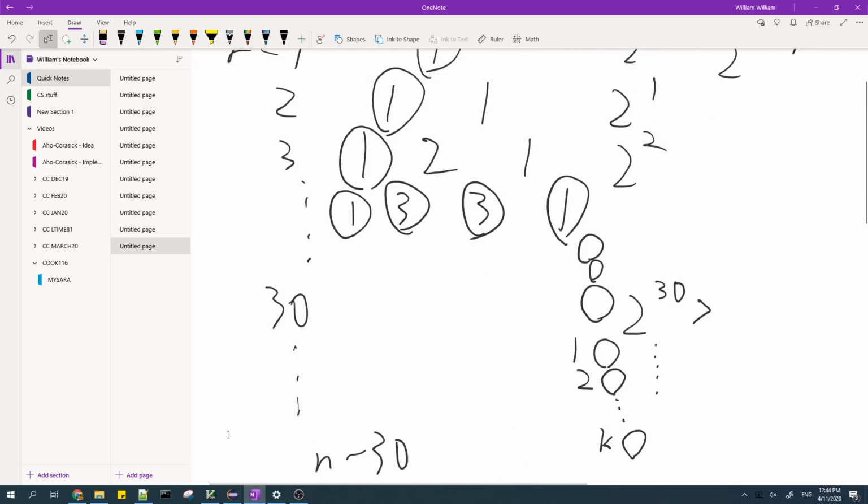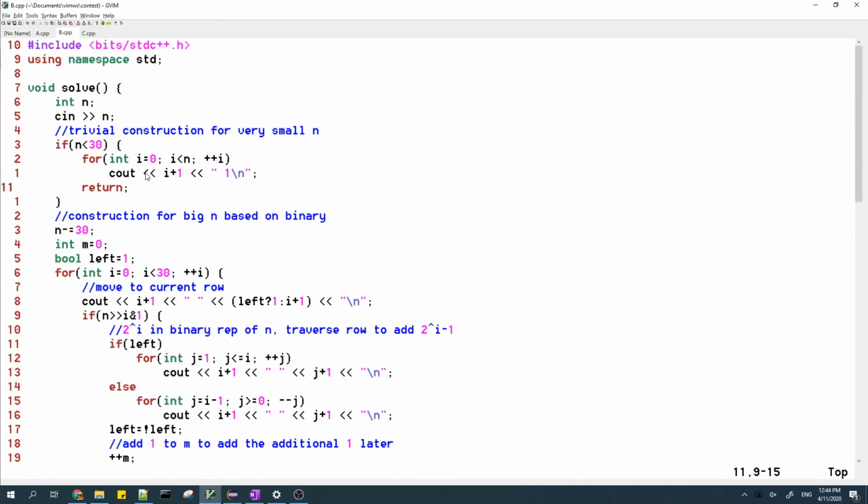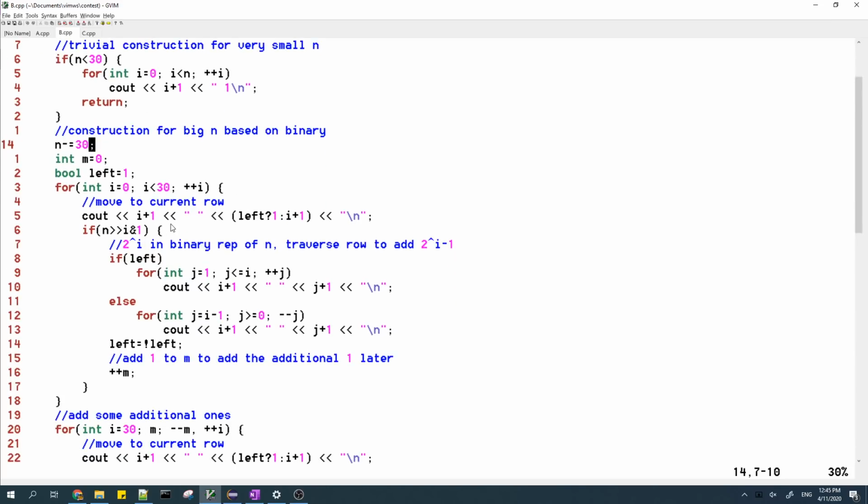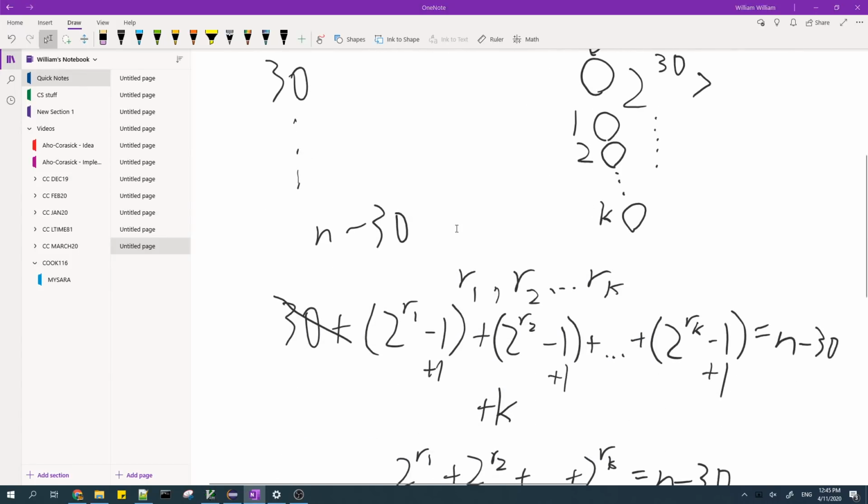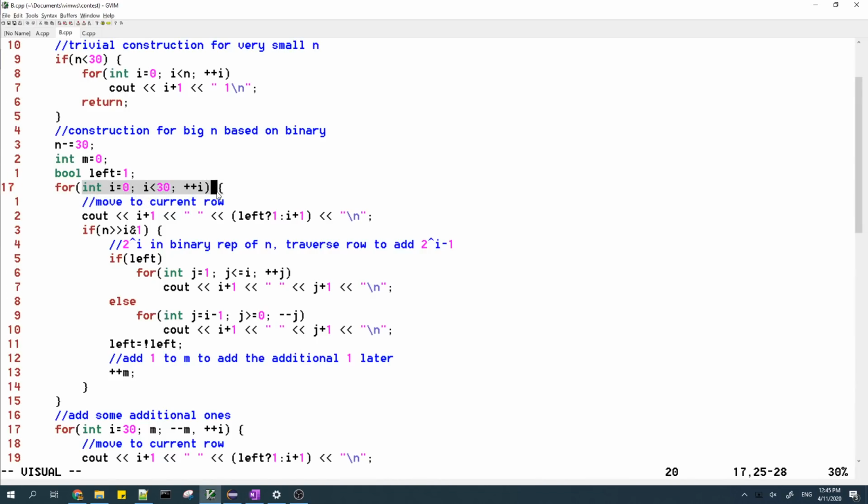So yeah, and then I'll show the code right now. The first thing is, if n is less than 30, we'll just go down the row on the left side n times, so there's nothing to worry about there. If n is greater than or equal to 30, then we subtract 30 from n. And then my m here actually represents k here. So for each of the rows,